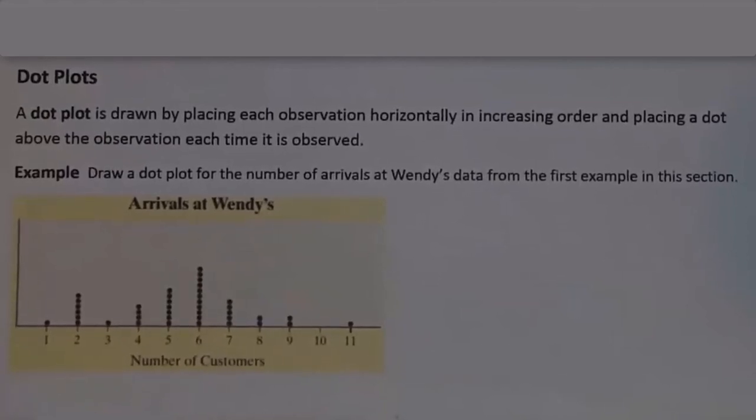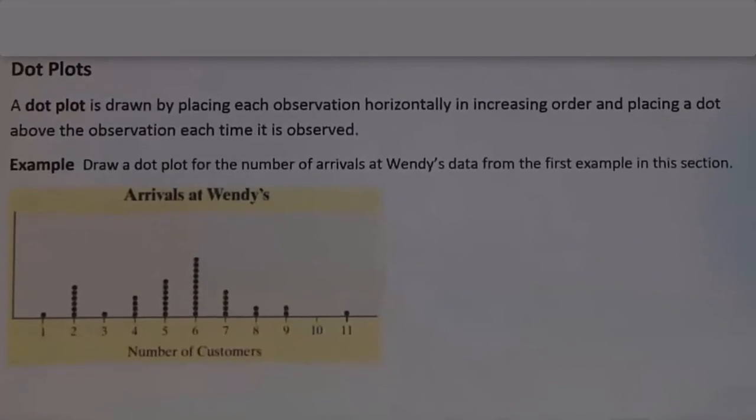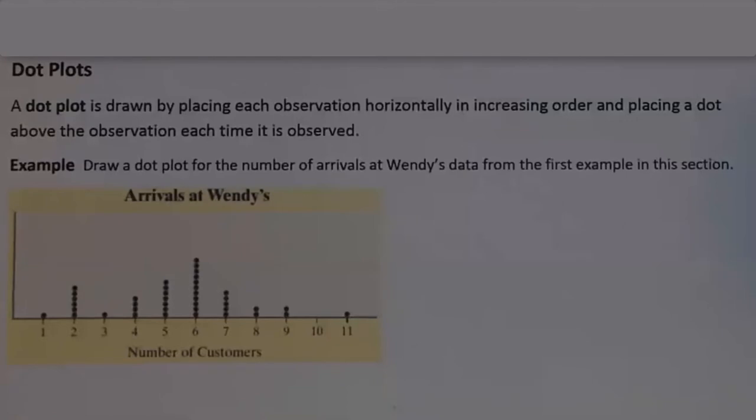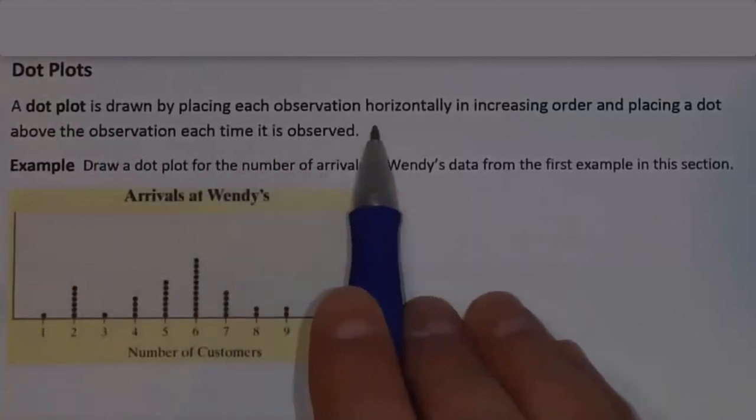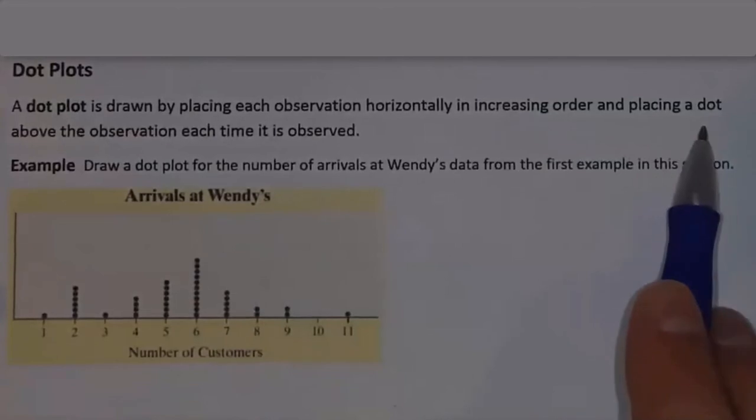Dot plots, to be totally honest, aren't used very much anymore. Technology kind of took away the necessity for dot plots. The significance of dot plots is that, prior to having access to a lot of technology, we could create a very crude graph to get a quick visual of how data is distributed. So a dot plot is drawn by placing each observation horizontally in increasing order